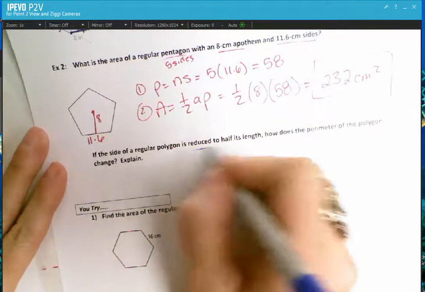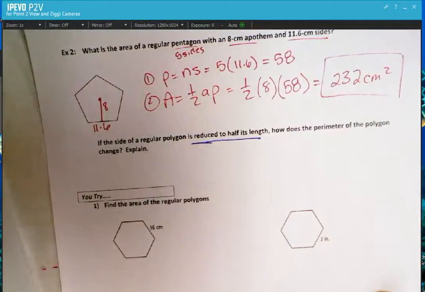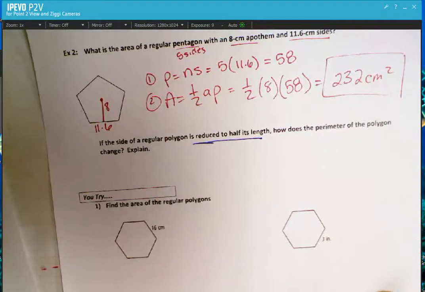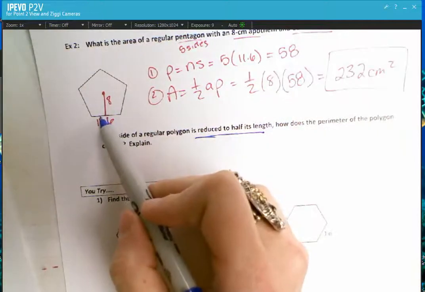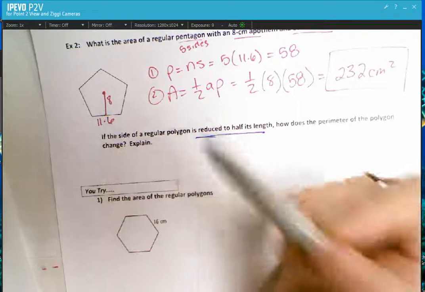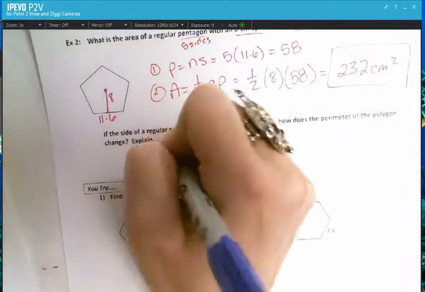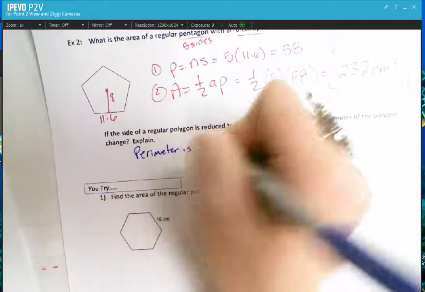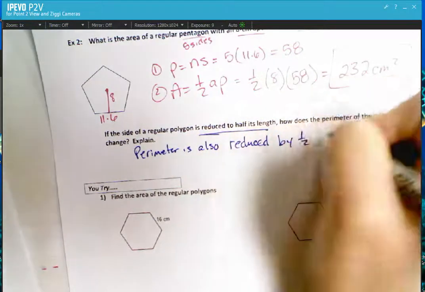If the side of a regular polygon is reduced to half its length, so I chopped the side length in half, how does the perimeter of the polygon change? Well, that makes sense, because if I chopped this in half, then I'm going to multiply that by the number of sides. Well, I've got half as much, so your perimeter is going to be half as much. So perimeter is also reduced by 1/2